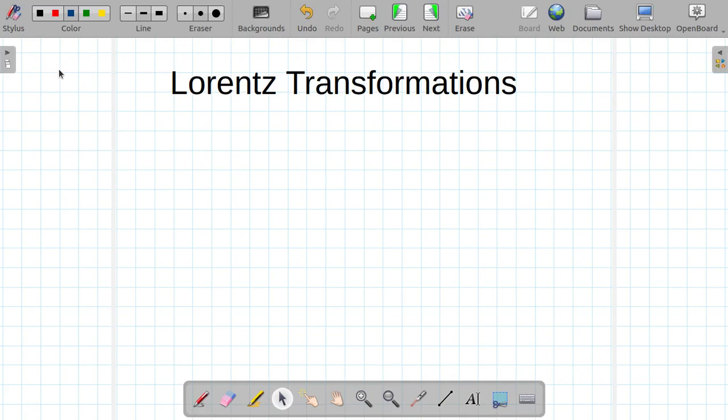Video lecture, and here in this lecture I am going to talk about Lorentz transformations. So the idea of Lorentz transformation, or the need of Lorentz transformation, is to modify Galilean transformations. And another motivation to do these are the negative results of Michelson-Morley experiment, as I talked about earlier.